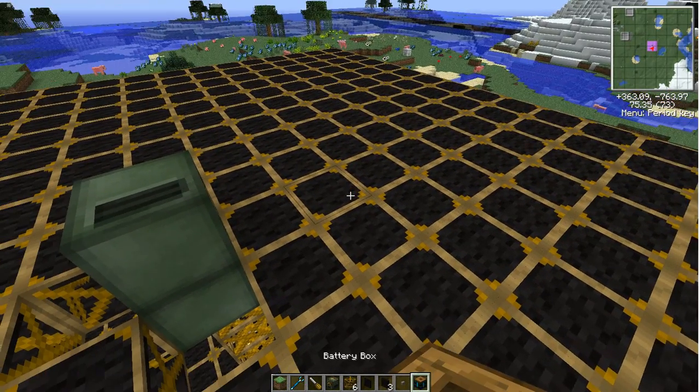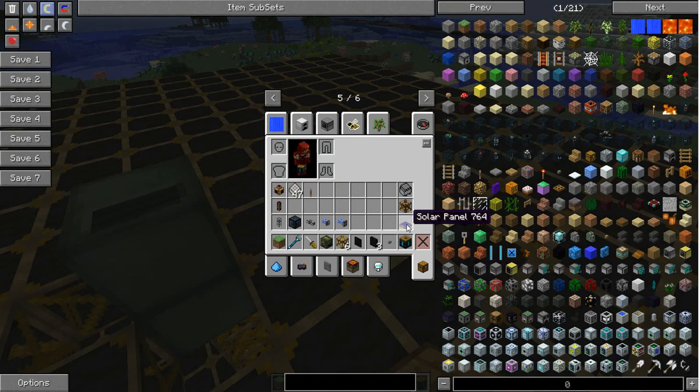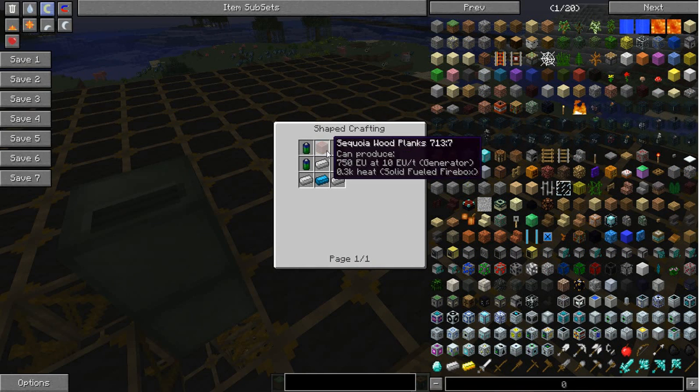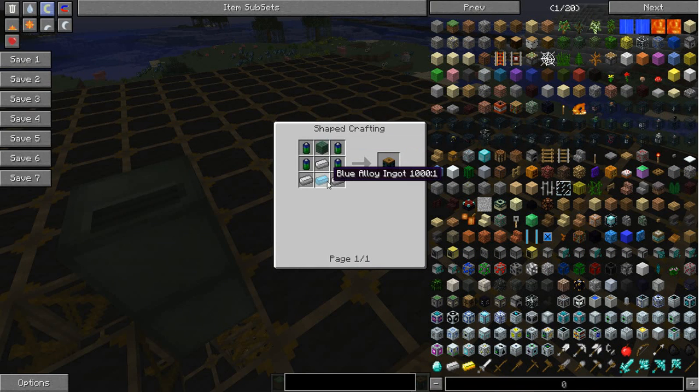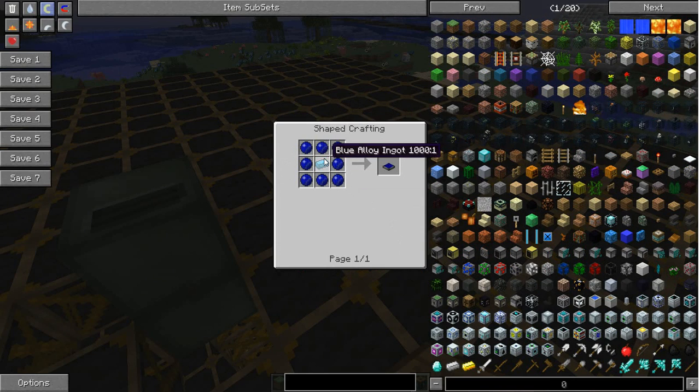And what we're going to do is, you have to place power in the platform, and I like to power it with solar power from the red power solar panels in the battery boxes. So the battery box is made out of 1 plank, 3 iron, 1 of those blue alloy ingots we talked about earlier, and 4 of these BT batteries, which is made out of 6 nickelite, a tin in the middle, and 2 copper. Okay? And then the solar panels are made out of 8 blue doped wafers and 1 of